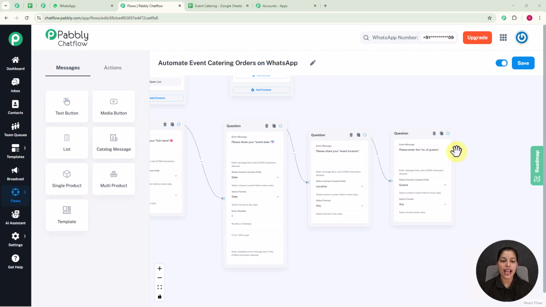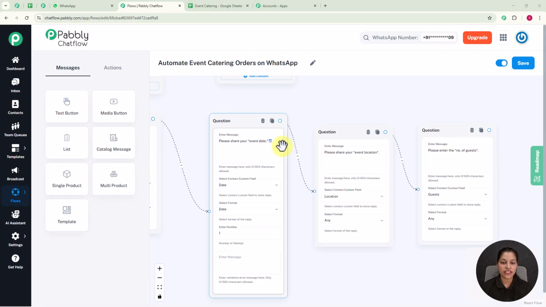So here you can see I have entered another question asking for the event date, where I have selected the contact custom field as date and the format I have selected as date. And once you select the format as date, it will ask you to enter the number. So here it is basically asking you to enter the number of attempts you want to provide to your customers or the clients. And next I have entered a question asking for the event location, where I have selected